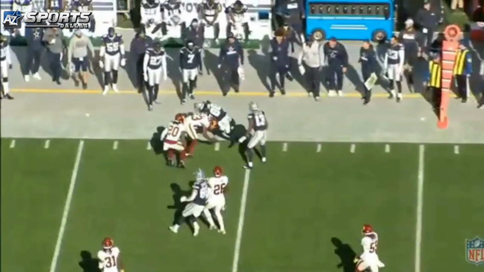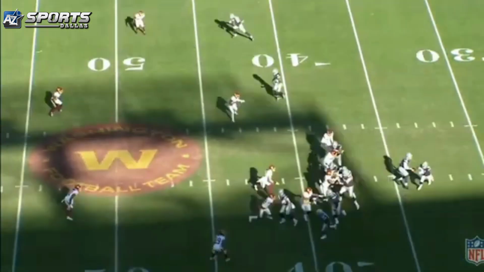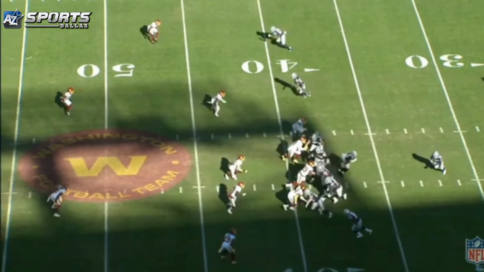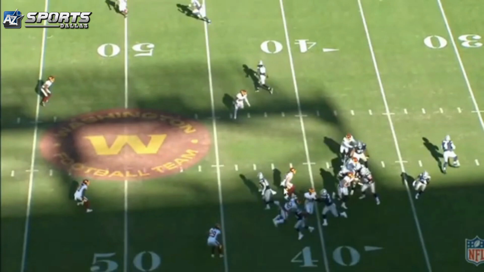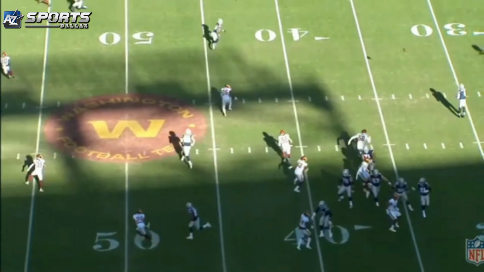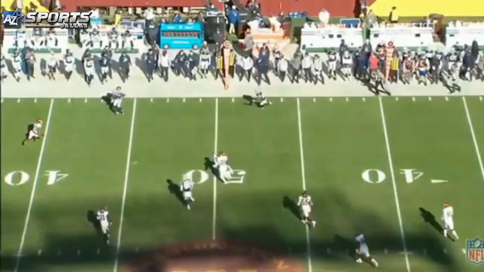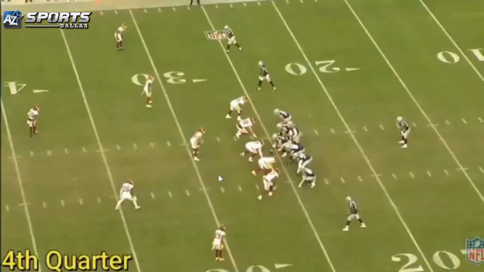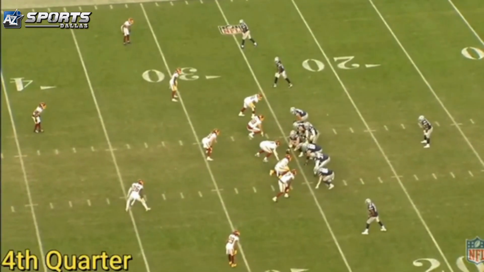Again, we talked about Holcomb biting. Holcomb was biting all freaking game, man. All freaking game. Look where he's at. Now, he bit harder on this one, but nonetheless, he bit again on the second one, as you'll see. The cornerback bit, which actually was Landon Collins. He's not a good cover guy. And then we get to the fourth quarter.